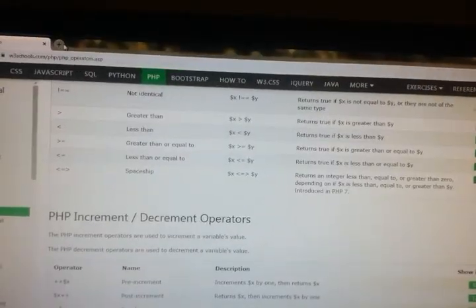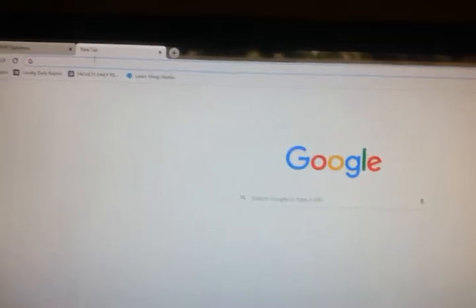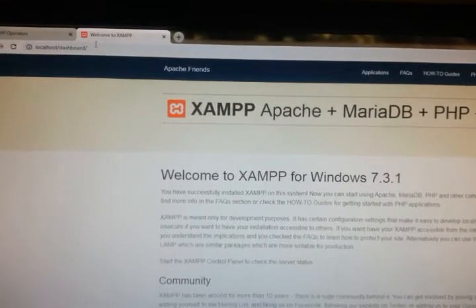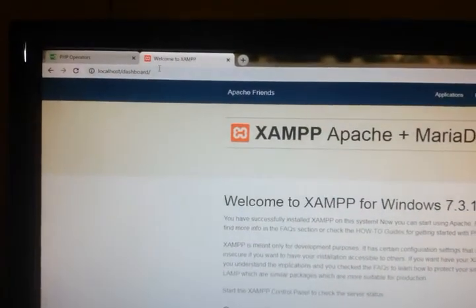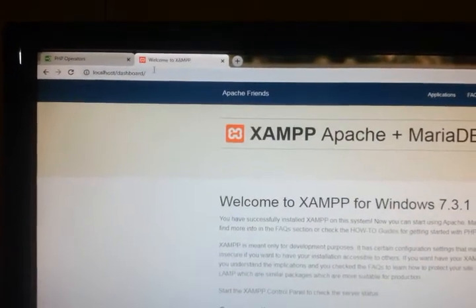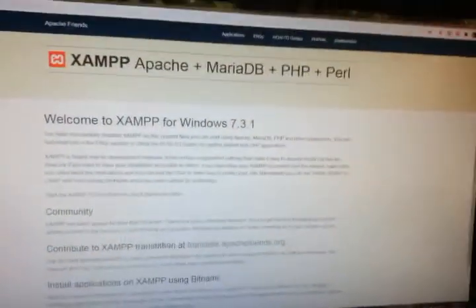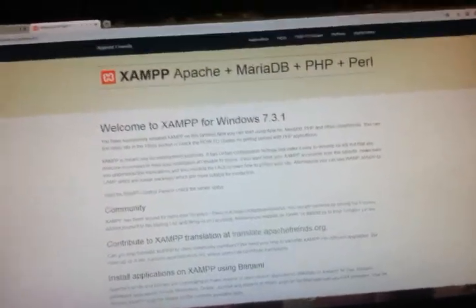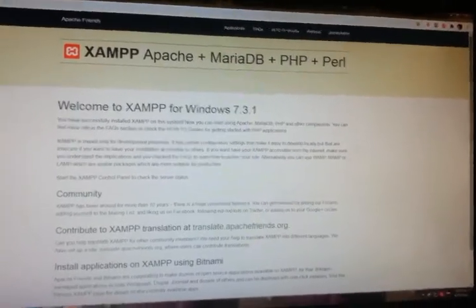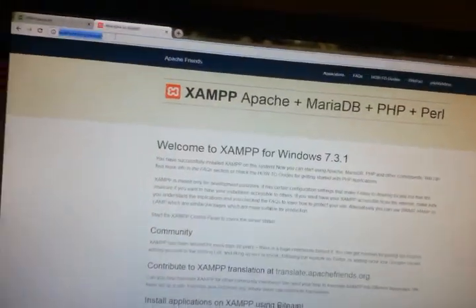Now we have to open the browser. Simply we have to type localhost. When you type localhost, automatically /dashboard is added, and you will see the description. So after dashboard, what do we have to do?